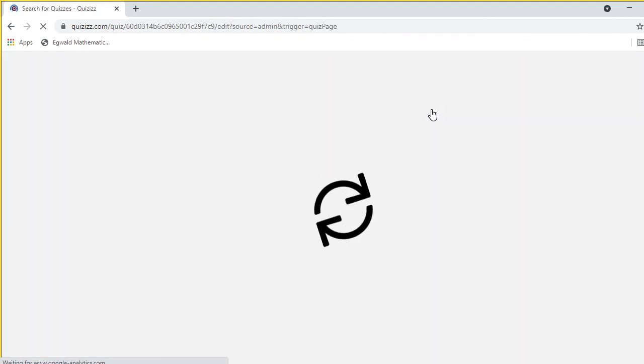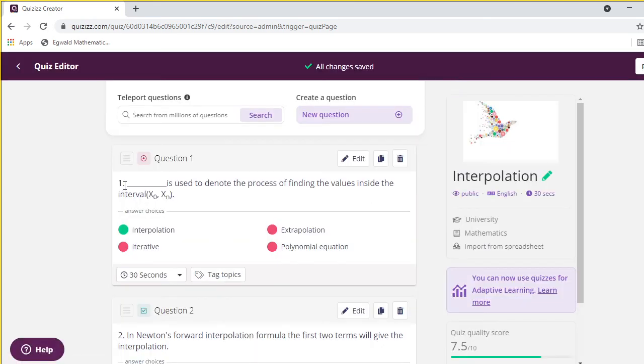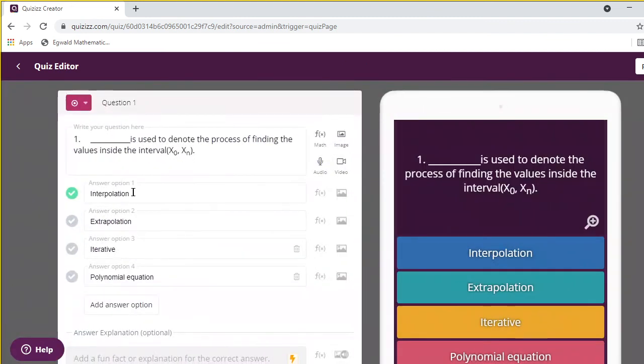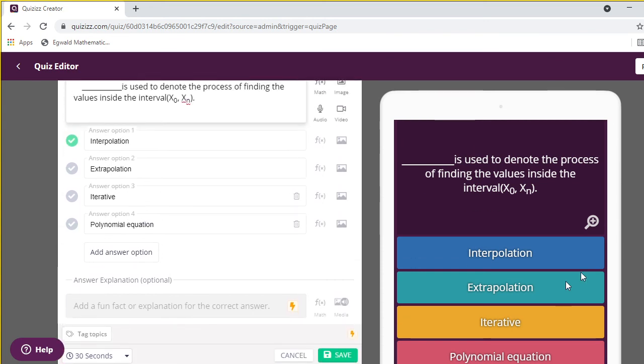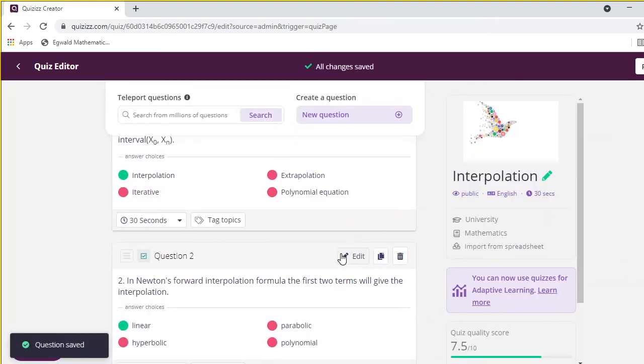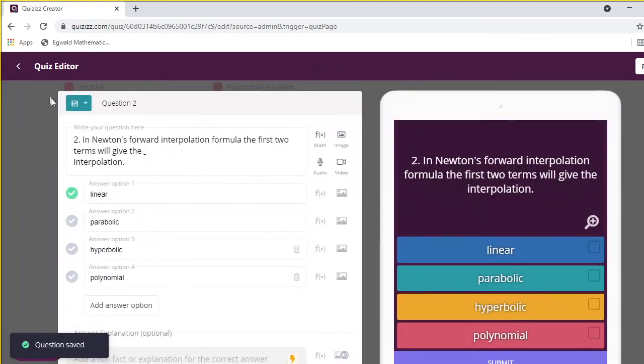I have to remove the 1, 2, 3 because by default it presents the 1, 2, 3 here. The 1, 2, 3 I have to remove. Save. Second question, I removed the 2.